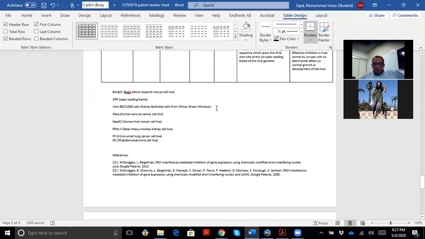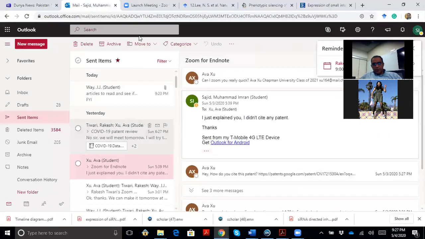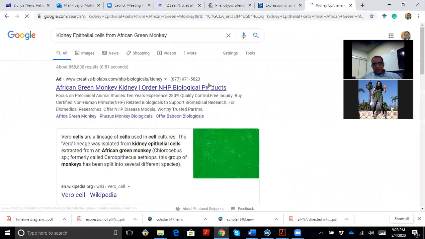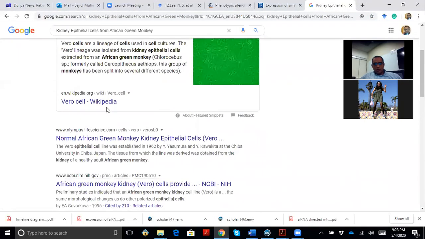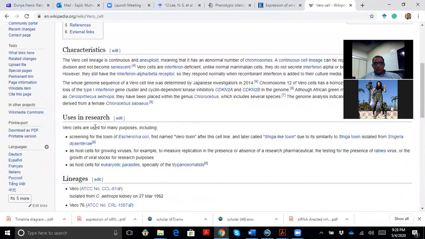I'm not sure why, because I don't really work with this cell line, so you can just Google it. We have to go for the history of these cells. You go to Google and see the characteristics and uses in research.